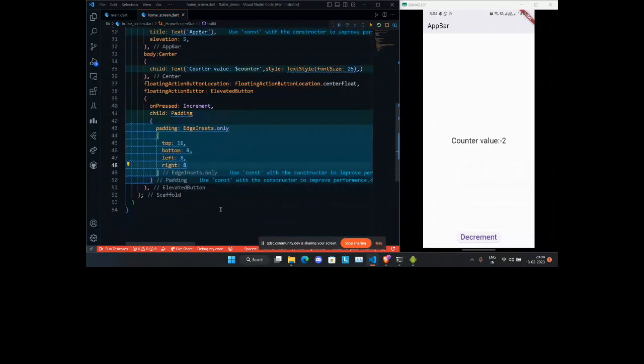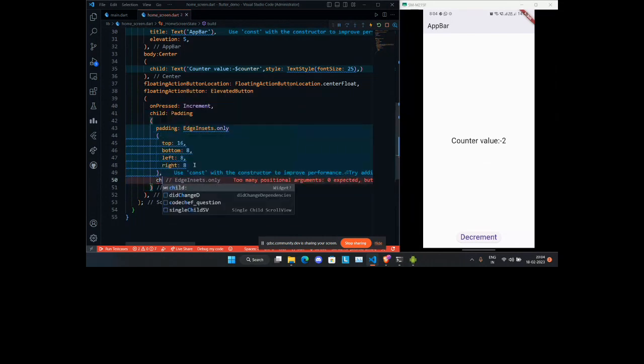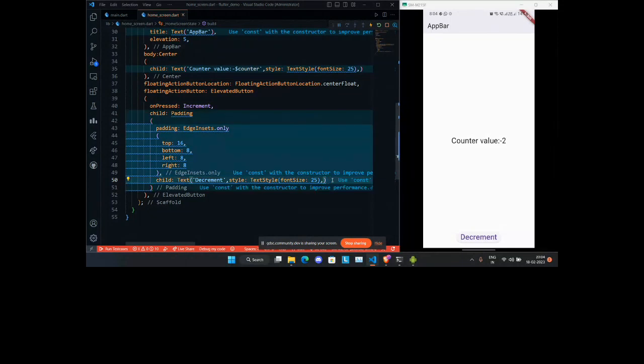Here I have wrapped this widget with padding, and I have to mention a child, and the child is of course our decrement text. Save it and let's see what happens.